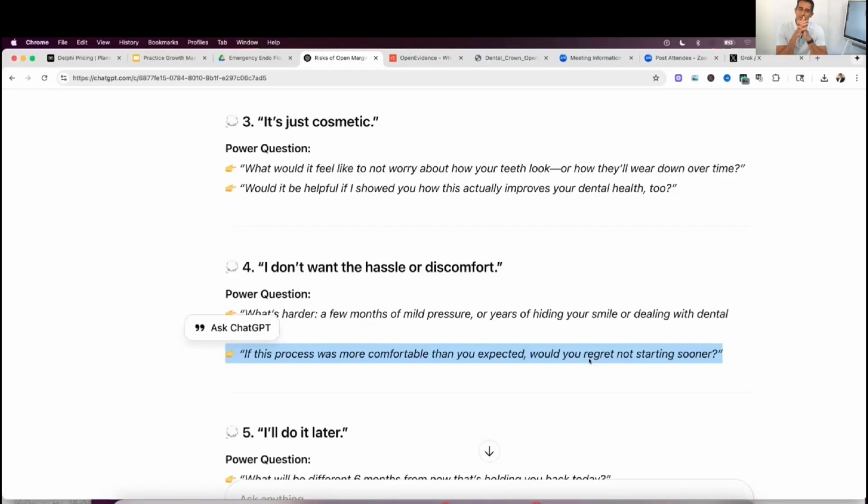You know what's interesting, John? If this was a lot more comfortable than you anticipated, wouldn't you look back and think, man, I should have started this sooner? Okay, so that's a reply or a question that helps them think through, I don't want the hassle or discomfort. And you could preempt that reply by saying, I totally hear you on the hassle, because with